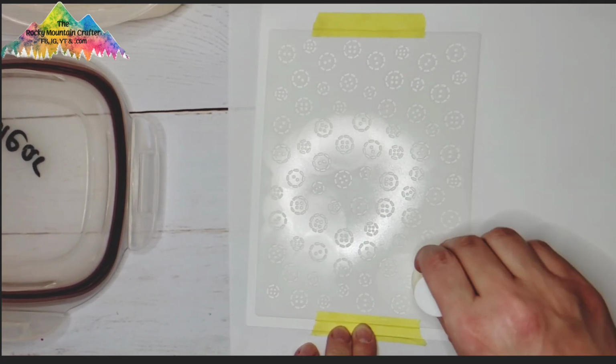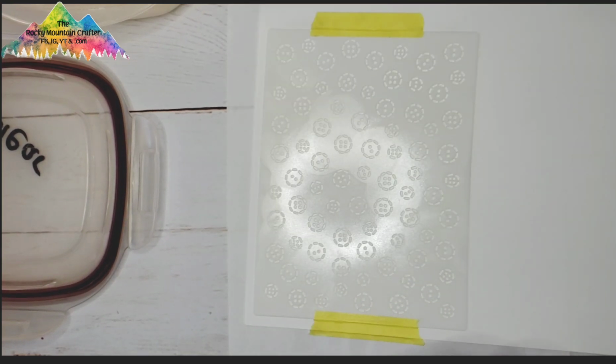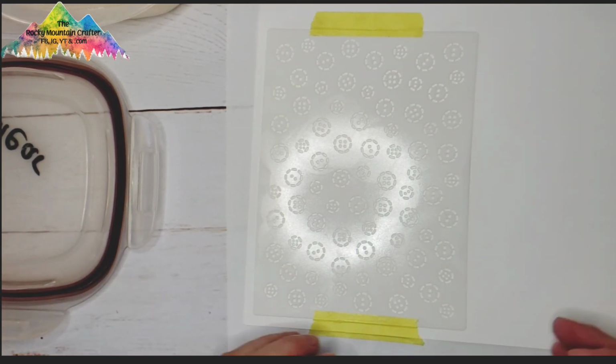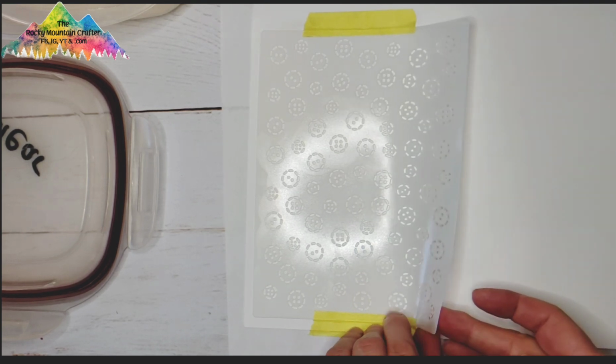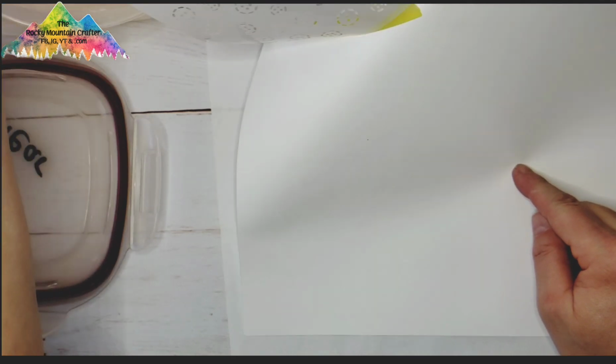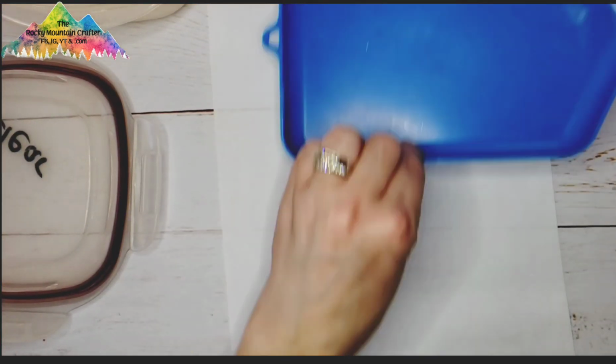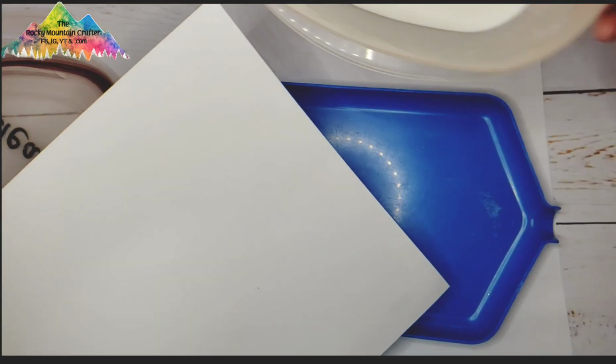But for now, you want to make sure that you get in all of these spaces. All right, I think that's good. Okay, now let's remove this and see what we got. All right, we're going to lift it gently. We don't want to accidentally rub off any of that Versamark. All right, and now right away, put it into,